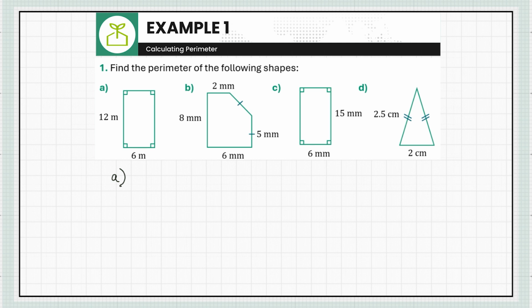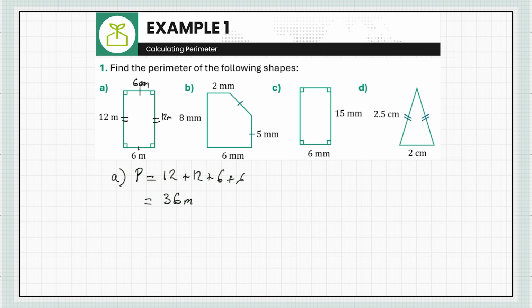We know this is a rectangle. We know that that means that these particular shapes will share the same opposite sides. So that's 6 meters, and this here will be 12 meters. So the perimeter in total will be equal to 12 plus 12 plus 6 plus 6. All right. So 3 groups of 12 is just going to be 36 meters. So if we had to go all the way around the outside of this shape, it would be 36 meters